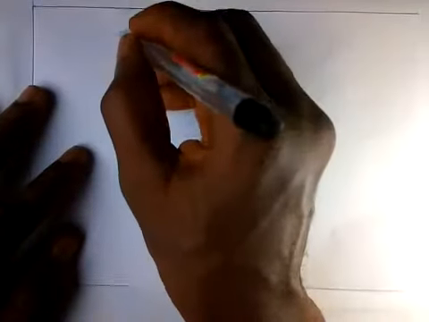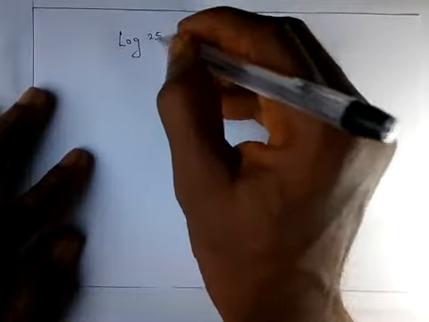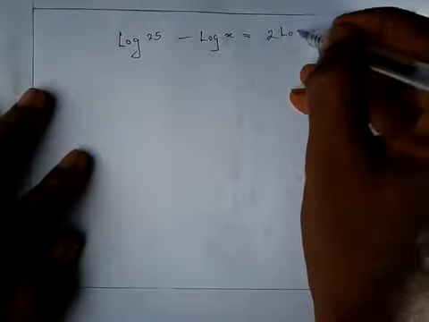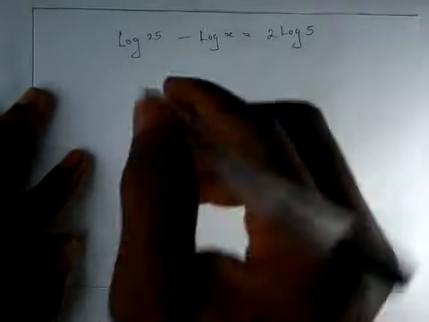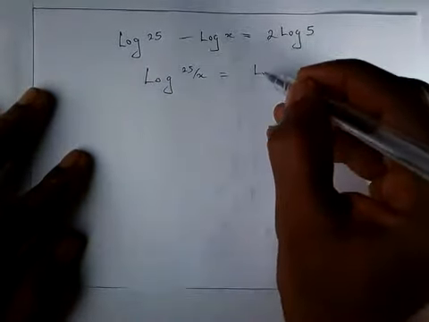We're also told to solve for x if log 25 minus log x is equal to 2 log 5, all in base 10. So this is log 25 over x is equal to log